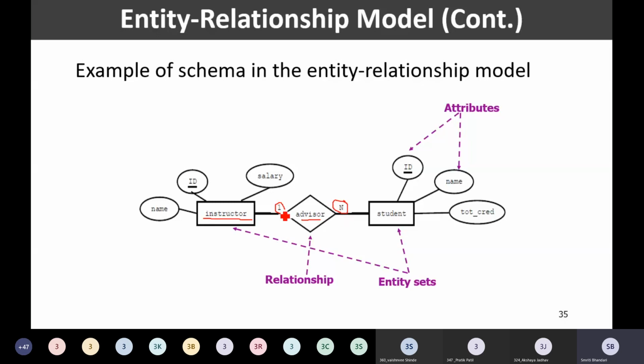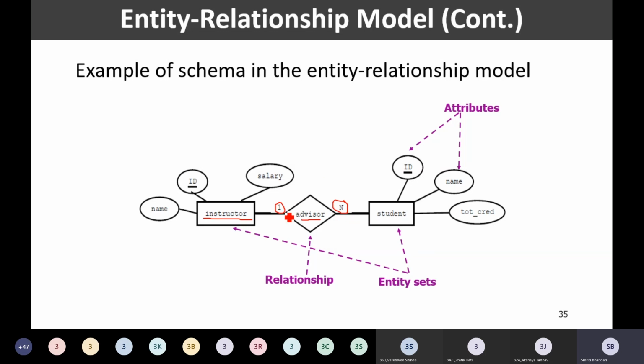But if we look at the same relationship from another perspective, from student to instructor, it is many to one. What do we mean by that? Every student in this entity set is having exactly one instructor associated, not more than that.